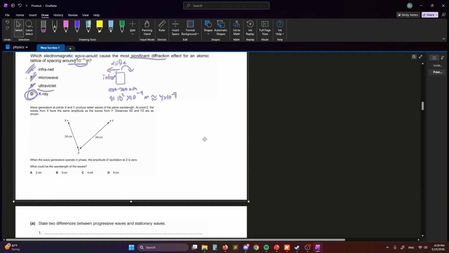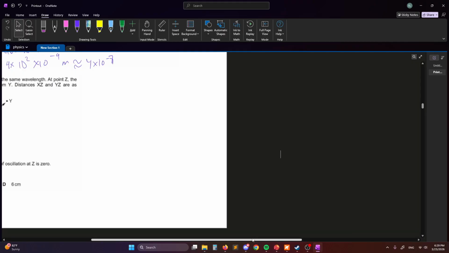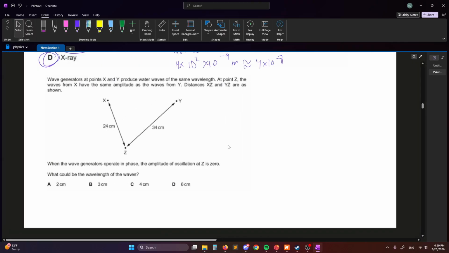All right, wave generators at points X and Y produce water waves. I'm trying to zoom this in. At the same frequency, at point Z, the waves from X have the same amplitude as the waves from Y. Distances XZ and YZ are as shown. When the wave generators operate in phase, the amplitude of oscillation at Z is 0. Which could be the wavelength of these waves? Okay, so if we're